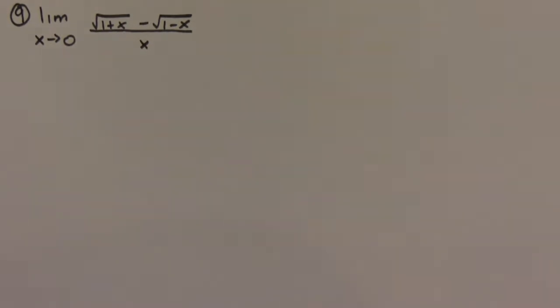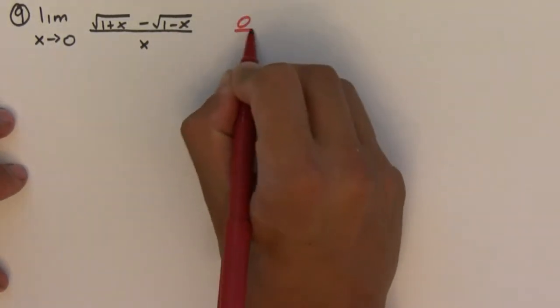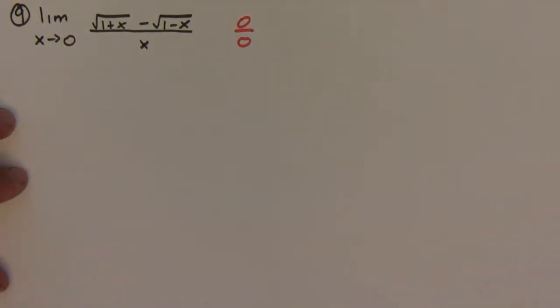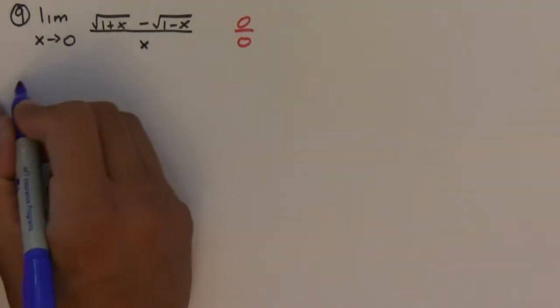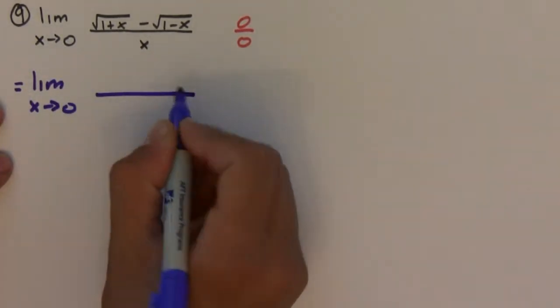Okay, so in this problem, again, as usual, we're going to try plugging in the value first. So notice that if we plug in 0, we're going to get 1 plus 0 is 1 minus 1 is 0 over 0. Okay, so this means we have to do some more work. In this case, we have square roots, and so the first thing that it looks like we should try,